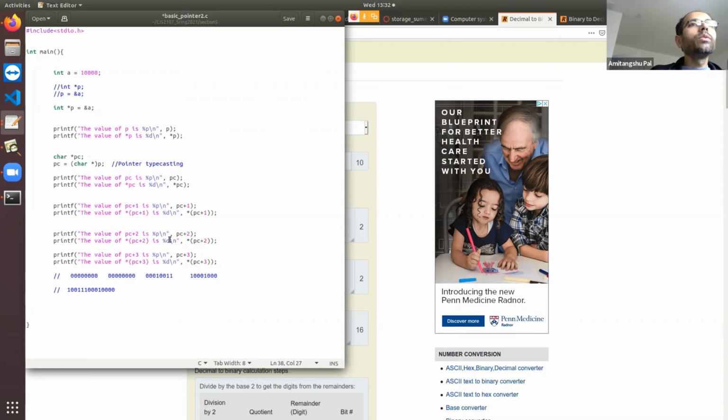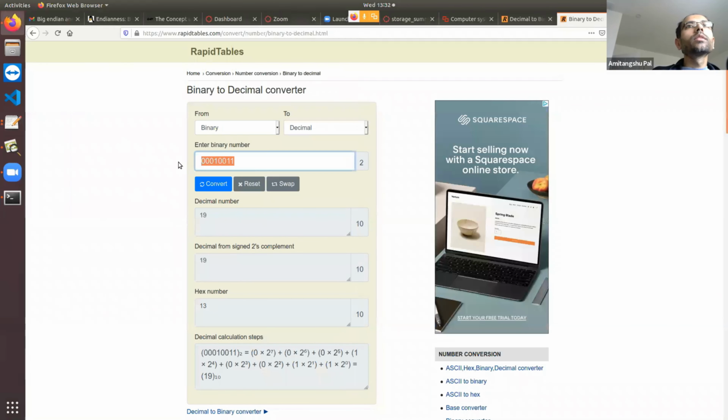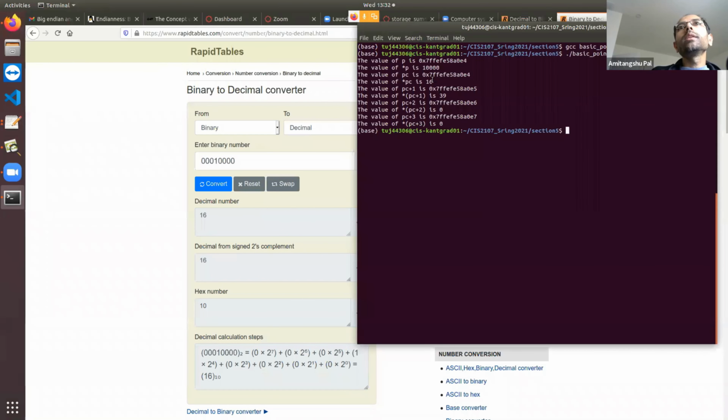So now we need to divide it by 8 bytes. 1, 2, 3, 4, 5, 6, 7, 8. 1, 2, 3, 4, 5, 6, 7, 8. And then the previous 2 bytes are going to be all 0. So now you can check each and every individual byte. So it is 16. That's how the first byte is showing as 16, which is correct.